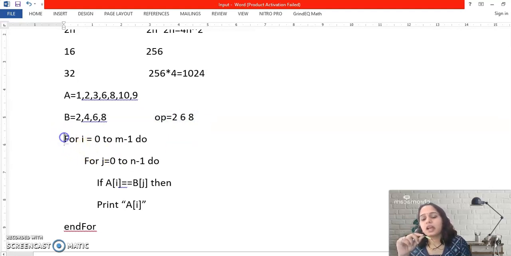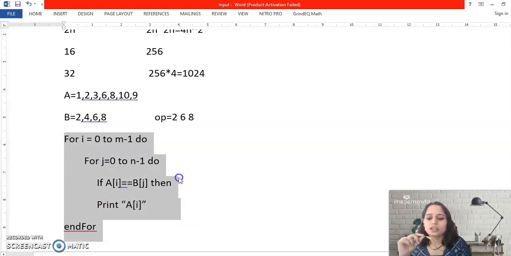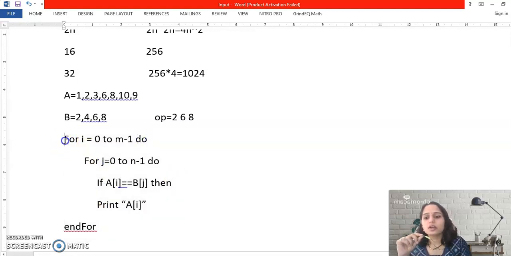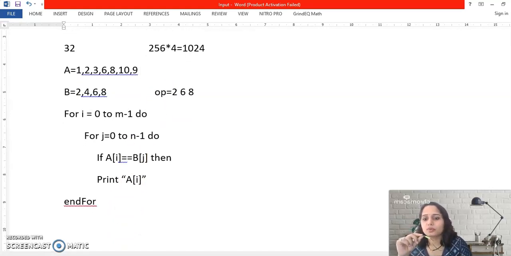Basically, as I already told you, whenever we are trying to find the time complexity, we consider how many times the loop will execute. Now you can see here, the outer for loop will execute how many times? m number of times. Why m number of times? Because the number of elements present is m. So values vary from 0 to m minus 1. It means how many times will it change?